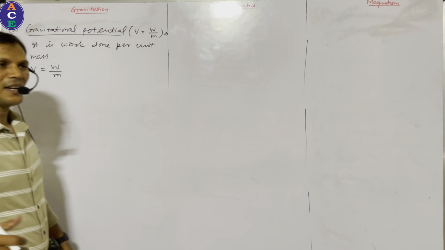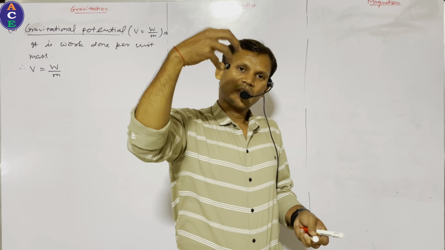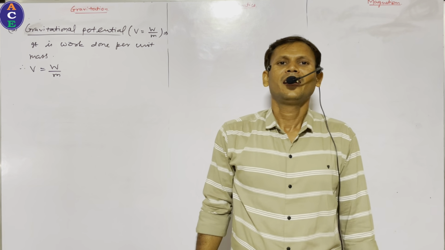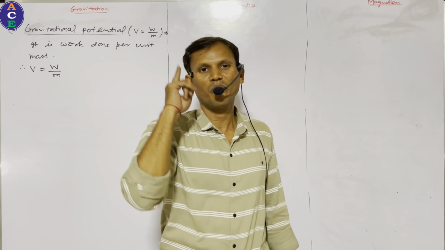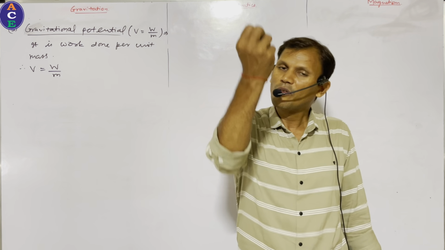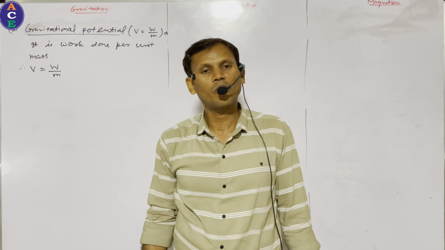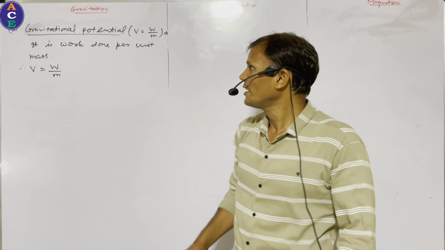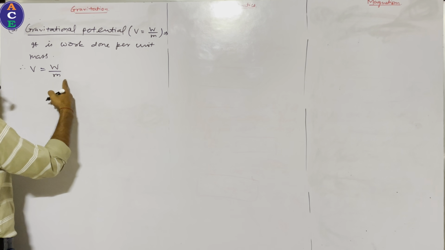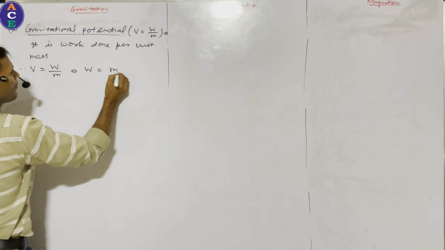अभी और ज्यादा हम अगर डिटेल में बात करें तो अगर हमें किसी मास को, suppose any unit mass is there, उसको एक प्लेस से दूसरे प्लेस पे ले जाके रखना है, तो we have to do some work, but our work is against the gravity, because what does gravity want? It wants to attract all the objects towards its center, और हम उसको ऊपर उठा रहे हैं, मतलब our work is against the gravity. So in that case V is work done per unit mass, and from here if we wish to find out W, it will be M into V,